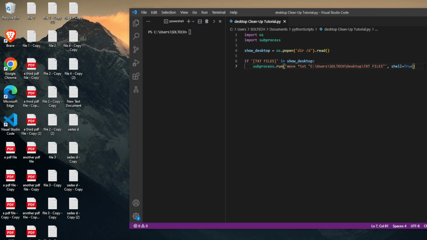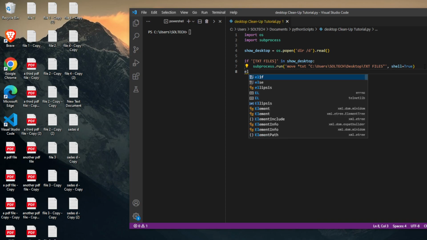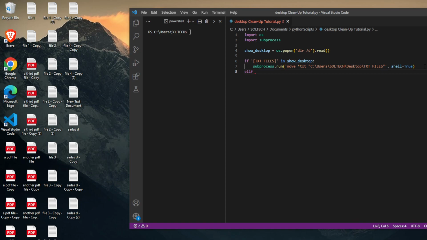So we need to create a condition for that. So let's do that. We'll create an else if statement. We'll say if the text files folder, whoops, I forgot the opening and closing bracket. So if this folder is not in show_desktop, then